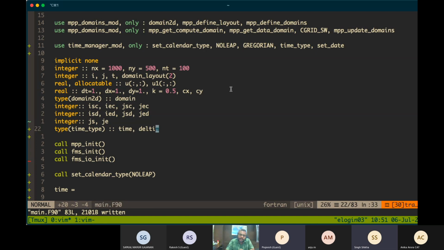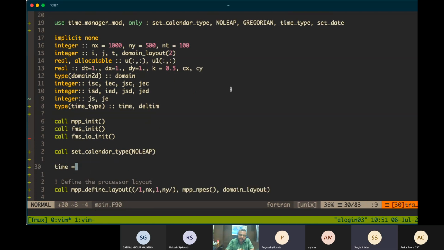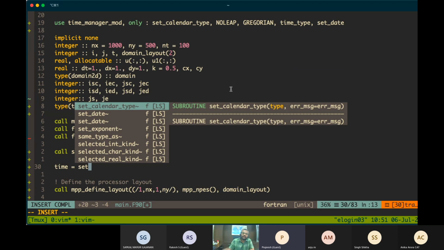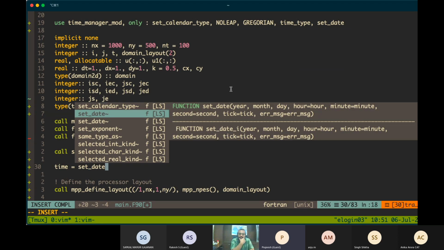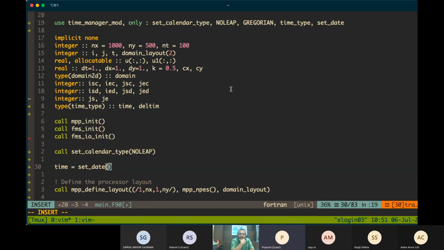Deltim we defined. Now we have to set an initial time, the start time. I'm using this function set date. The arguments for this are integers. The first is an integer for the year.